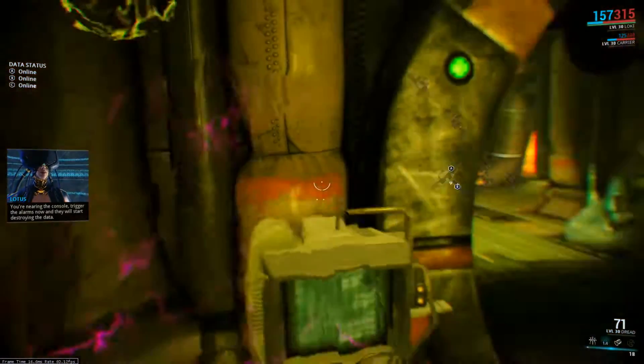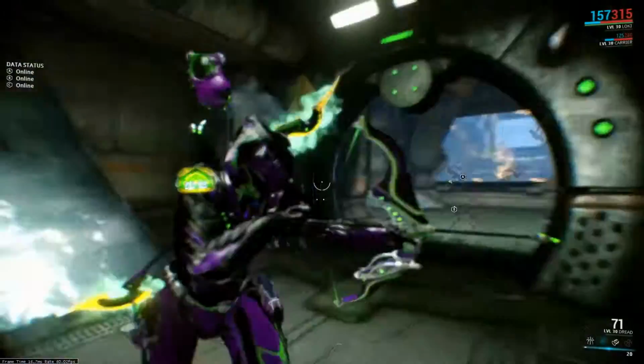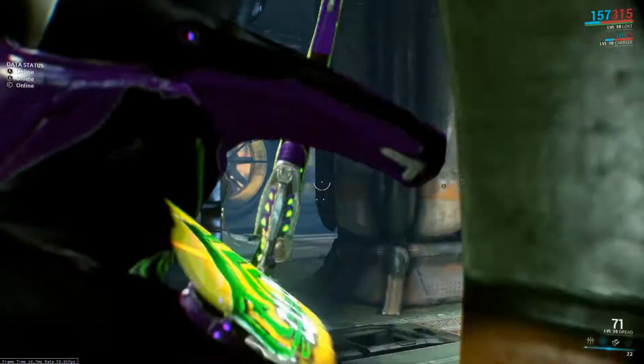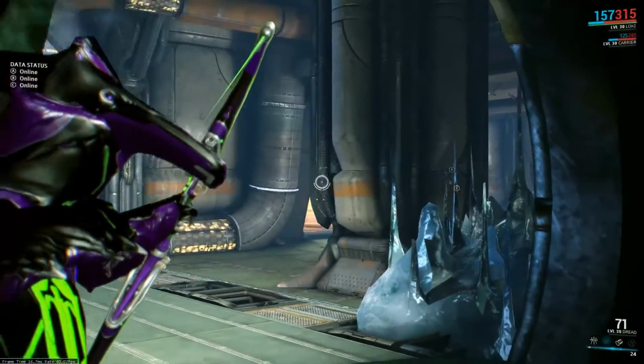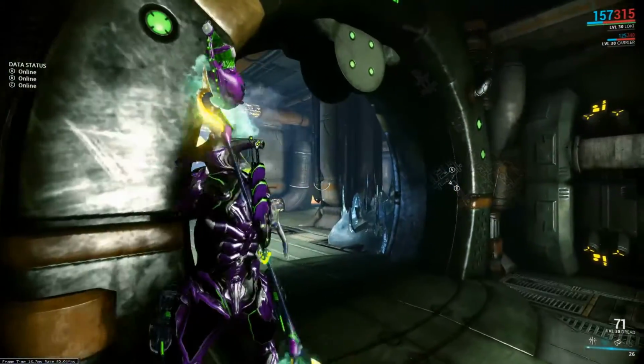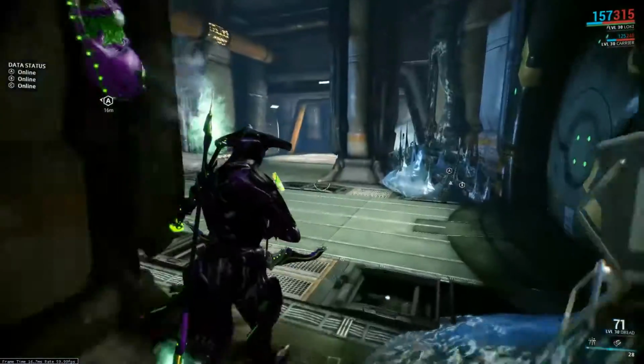Now this one doesn't have any patrols, but there are two that do, so I'm going to be a little careful right here. Until you've run these a couple times and are pretty comfortable with doing them, you should always take a second to scout right here, because there are patrols, drone patrols usually, that you'll have to deal with